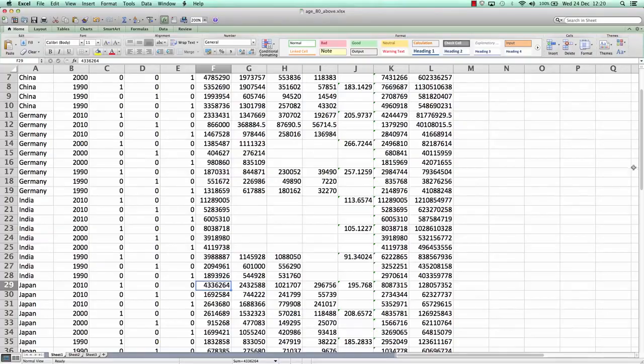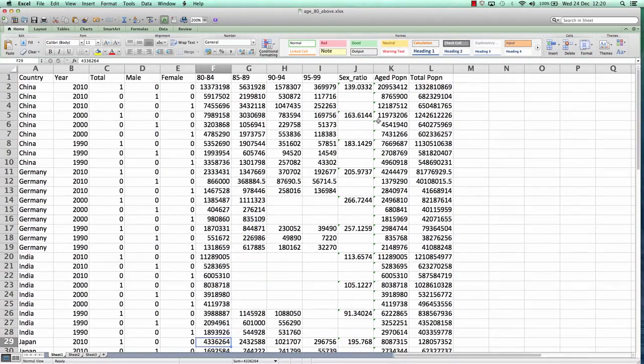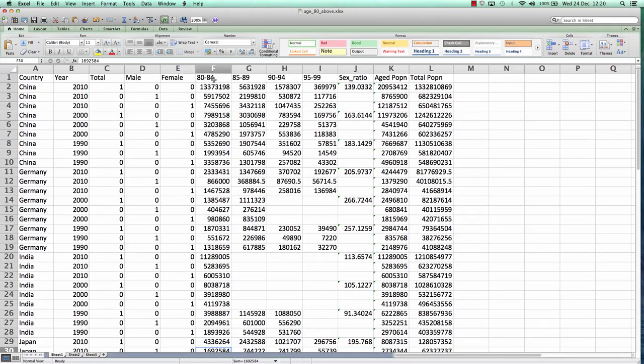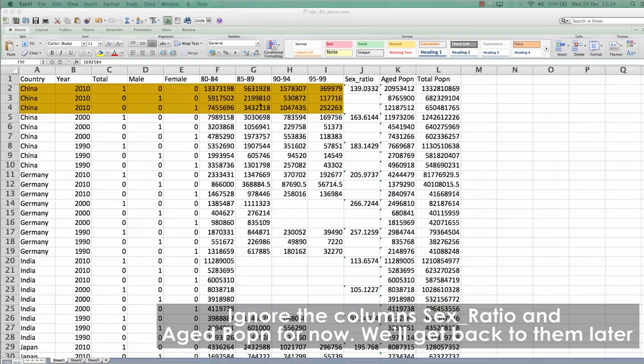This is our sheet in which we have consolidated the data for all the 6 countries. As you can see, the variables here are the country, the year, these age groups which you have already seen, and in addition to that I added these 3 columns: total, male and female. We will see the utility of this as we move forward. For a given country and year, we have 3 entries, one for the population of both sexes, one for the population of male and one for the population of female.